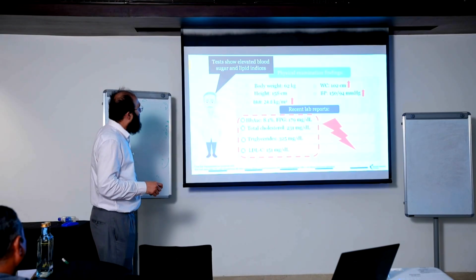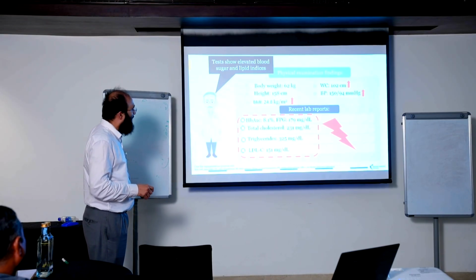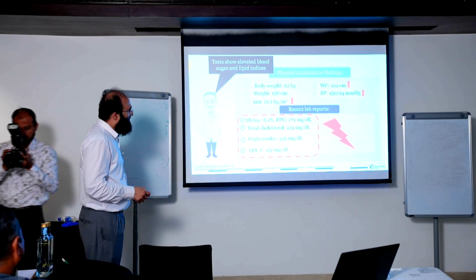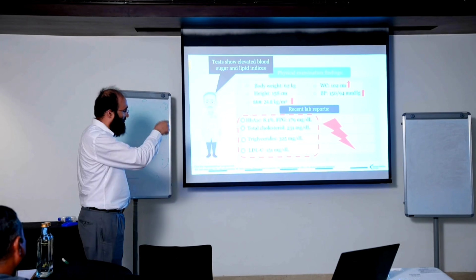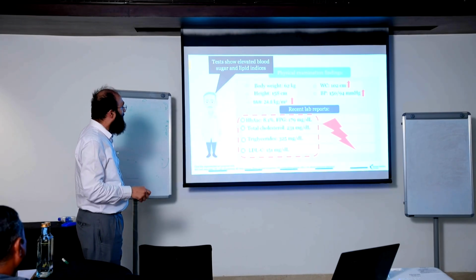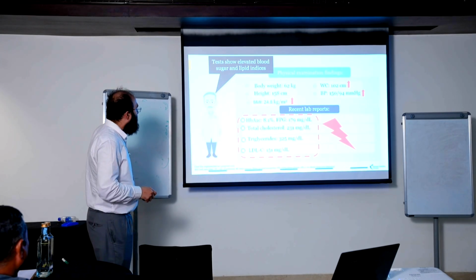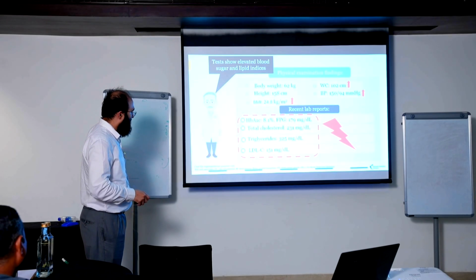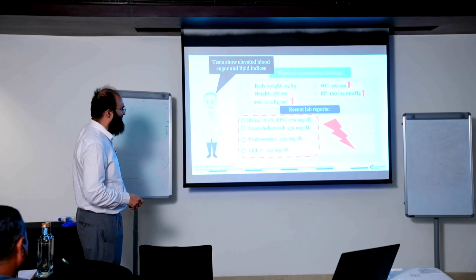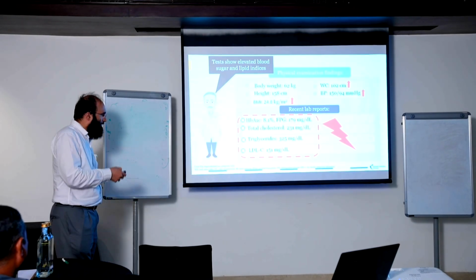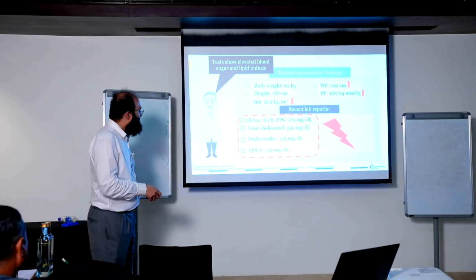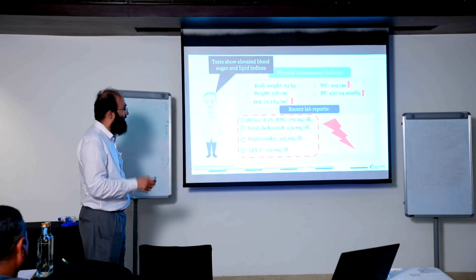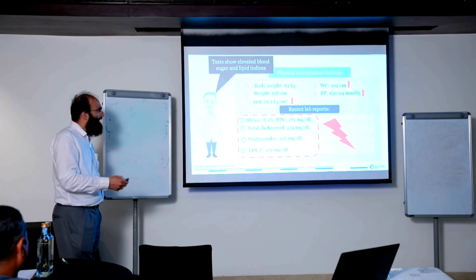Tests show elevated blood sugar and lipid indices. Body weight is 62 kg, BMI is 24.8, and waist circumference is 102 centimeters. BP is 150 by 94. I think the waist circumference for a woman should be less than 90, and for a man less than 100. HbA1c 8.1%, fasting blood glucose 179, total cholesterol 231, triglycerides 325, LDL cholesterol 151. So this is your typical ADD, atherogenic diabetic dyslipidemia picture in diabetes, and HbA1c is not at target, FPG is 179. I think because of the defensive snacking, his sugar is not under control.